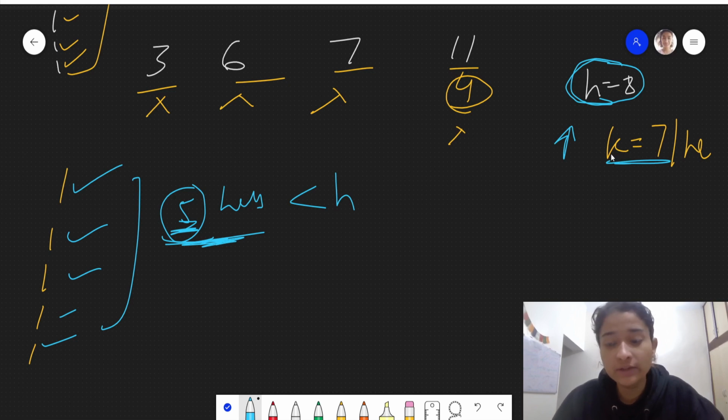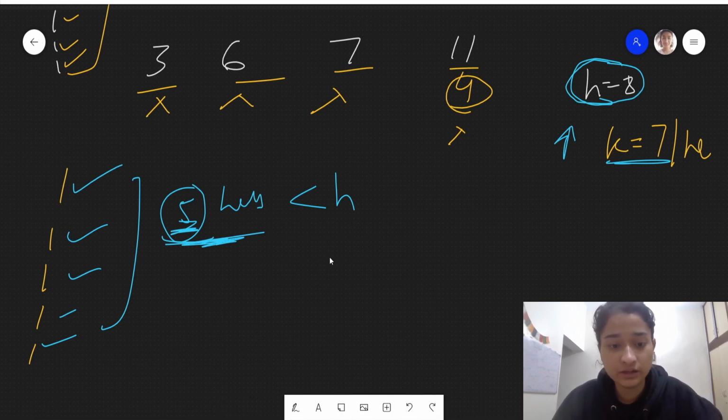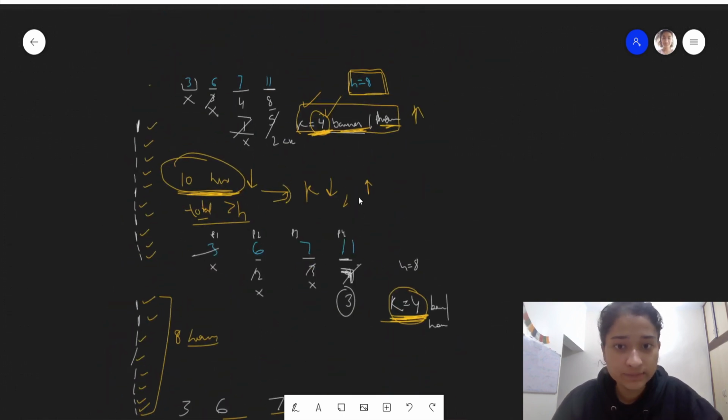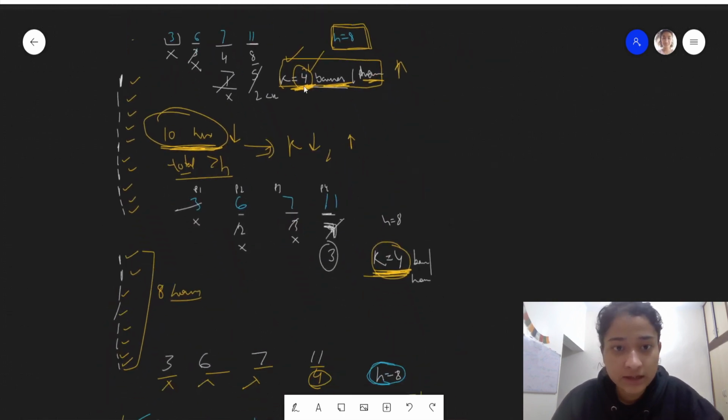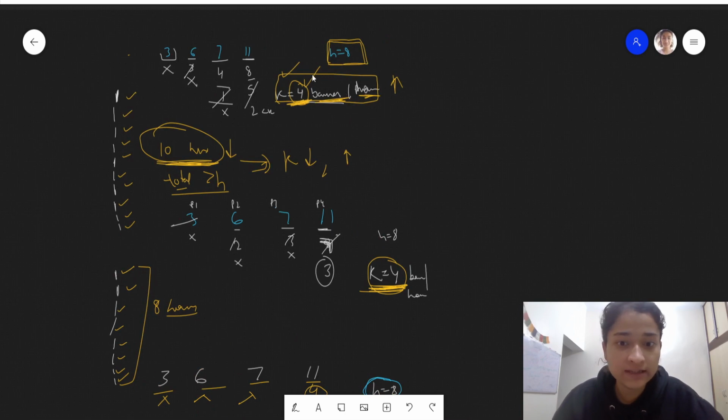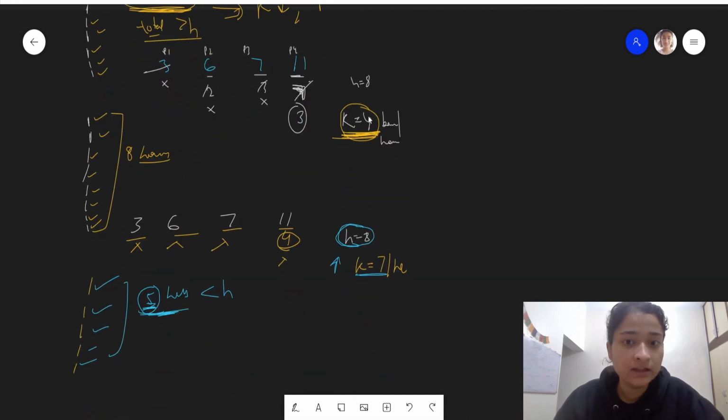So what we can do is we can analyze. If you're getting the approach, see what we were doing is, when we have taken k as 3, then we were not able to, there were 10 hours, then we increased the k value to 4, and then there were 8 hours.